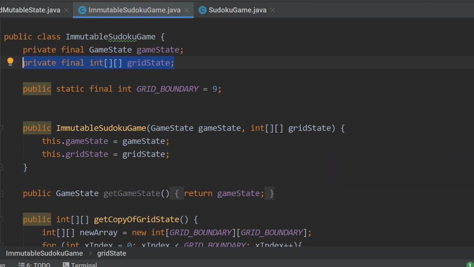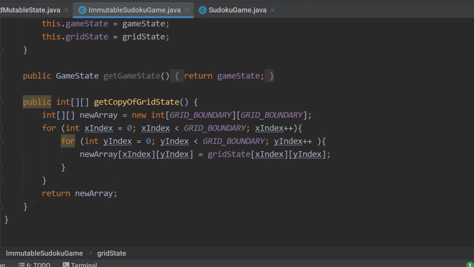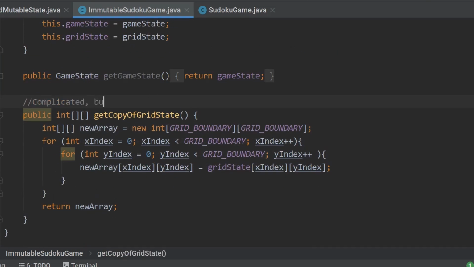The most convenient way I could think of to solve this problem, given that I still need some way to look at the state of this array, was to make it so that every time I needed to get that state, I create a copy of the state in a new array. This means that no matter where this data model gets passed around, it cannot be changed.